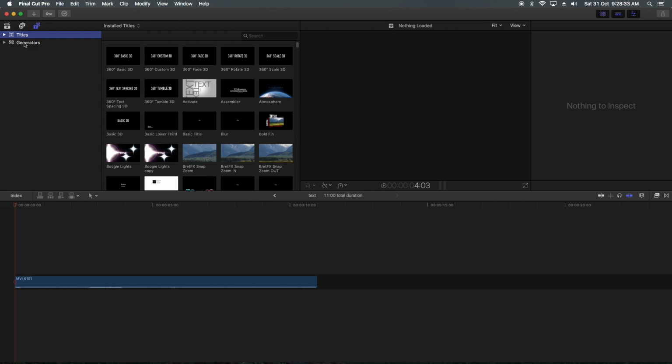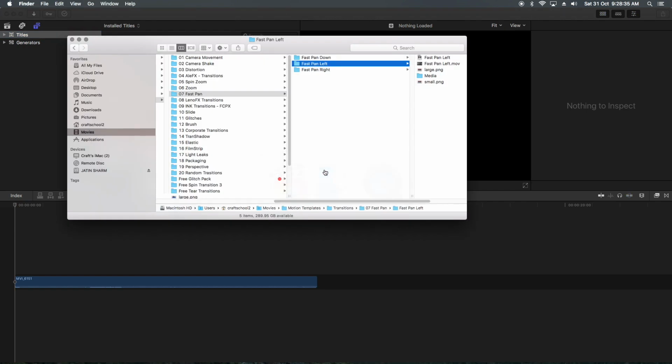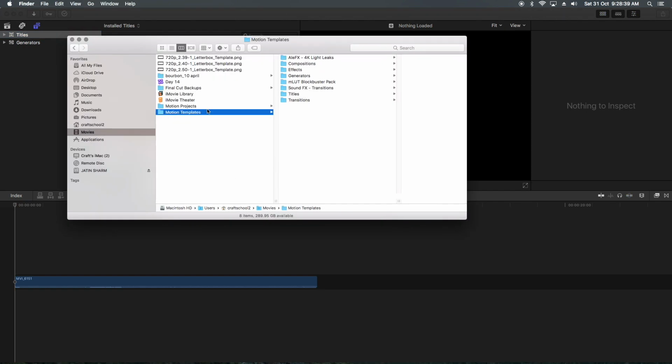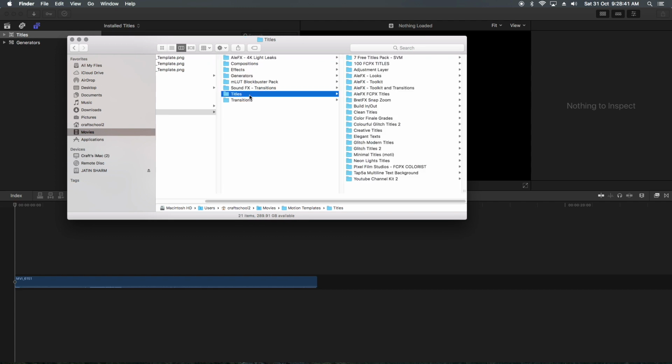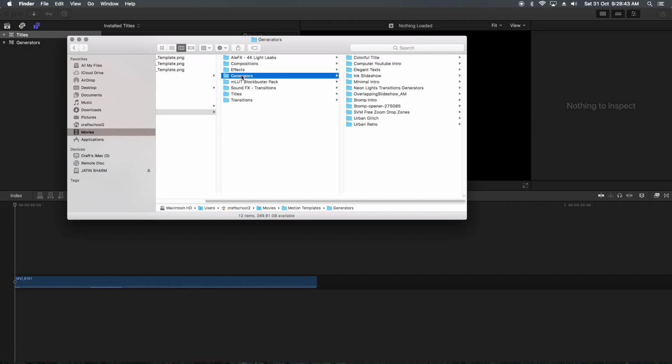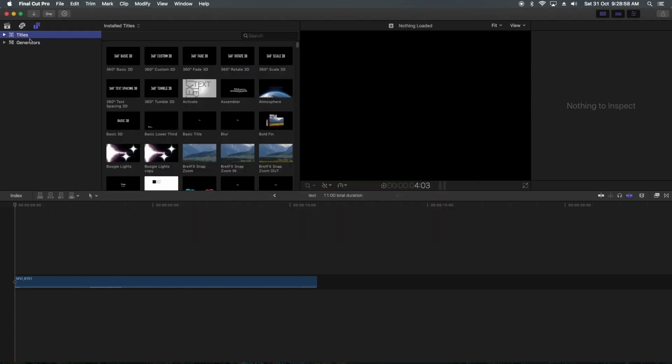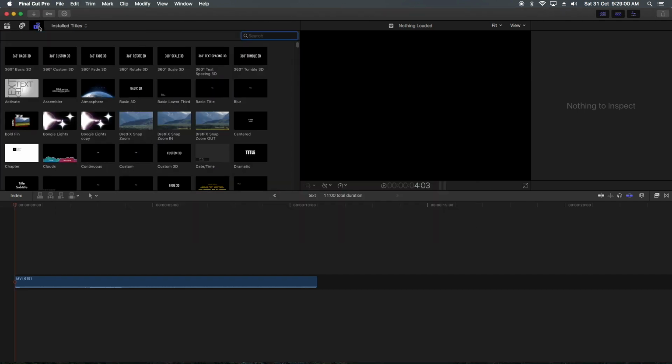So where are these folders? These folders are in Motion Templates. This is Titles, and Generators. So the transition part comes here, the filter parts go here, and whatever we place here, titles and generators will come in this title generator tab.